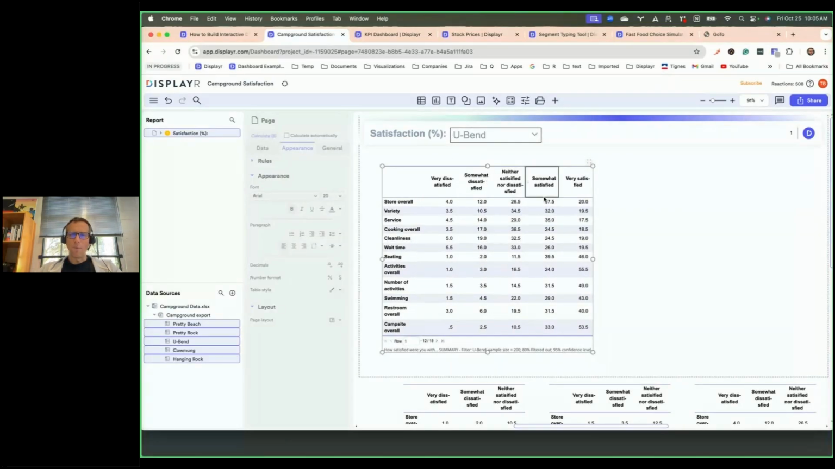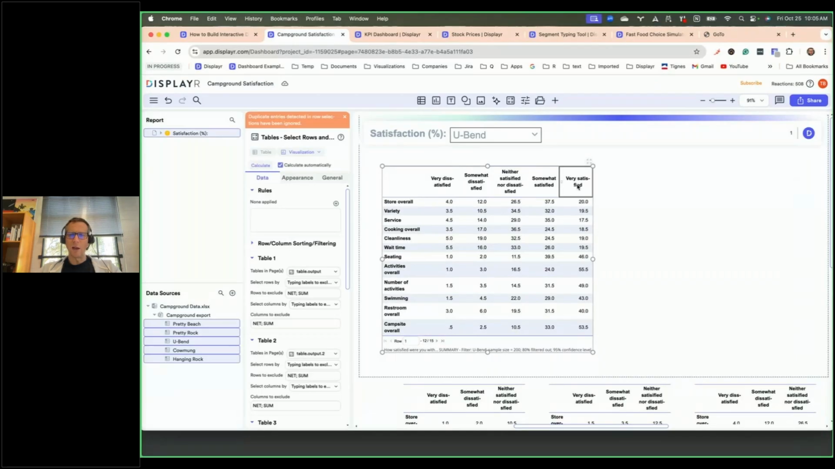I've got a 5-point satisfaction scale. I want to create the top 2 box score. Normally in Displayr I drag and drop, but I've imported these as tables, so that's not going to work to merge the categories. So what I'm going to do instead is write a little calculation,